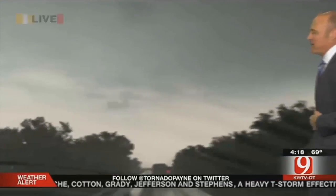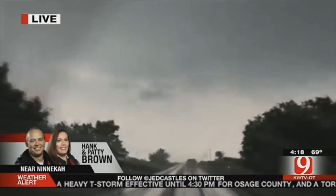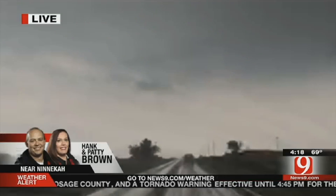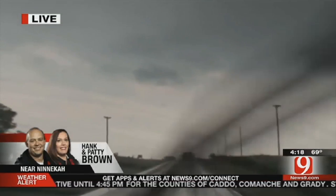Hank, you're back on again. It's just to your southwest and west, not very far. Hank, this thing is at least an EF2, if not an EF3 tornado. I'm just telling you what I'm looking at on Doppler radar, velocity data, what it says. Go ahead, Hank. Yeah. David, we are actually retreating a little bit southeast on Highway 19 from Ninnekah down towards Alex,